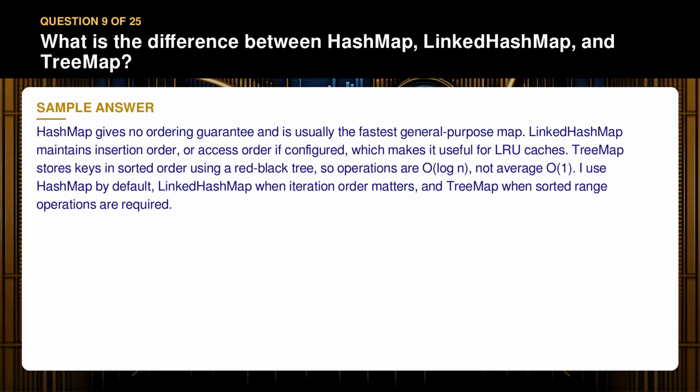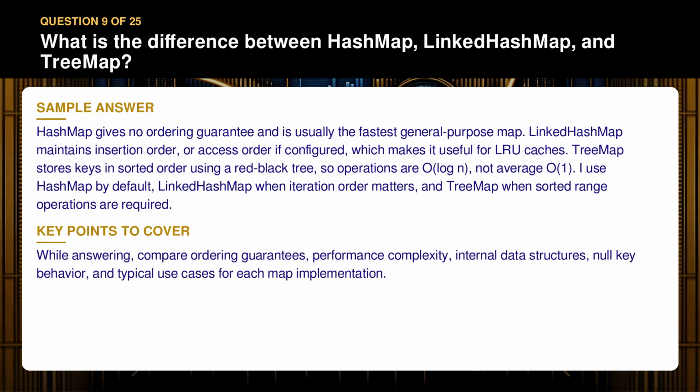TreeMap stores keys in sorted order using a red-black tree, so operations are O(log n), not average O(1). I use HashMap by default, LinkedHashMap when iteration order matters, and TreeMap when sorted range operations are required. While answering, compare ordering guarantees, performance complexity, internal data structures, null key behavior, and typical use cases for each map